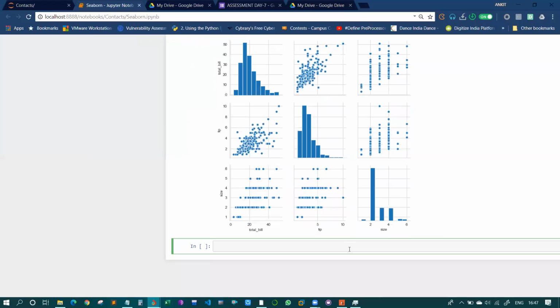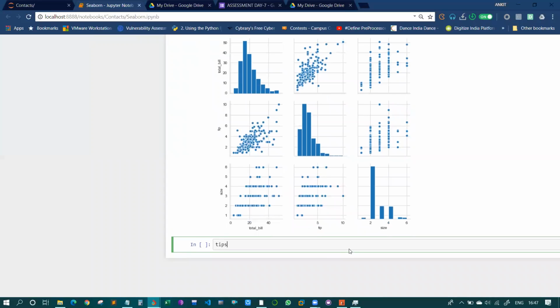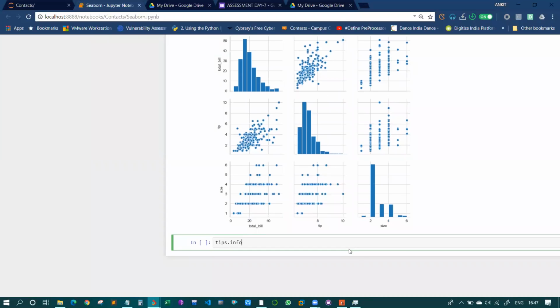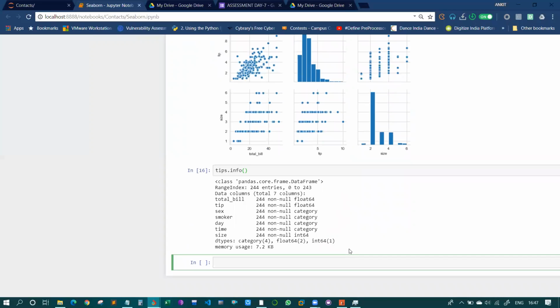We have multiple columns. Just 1 minute. Tips.info: here we have 7 columns, but we have only got 3 into 3, 9 graphs, meaning only 3 columns were taken. Why were the other columns not plotted?